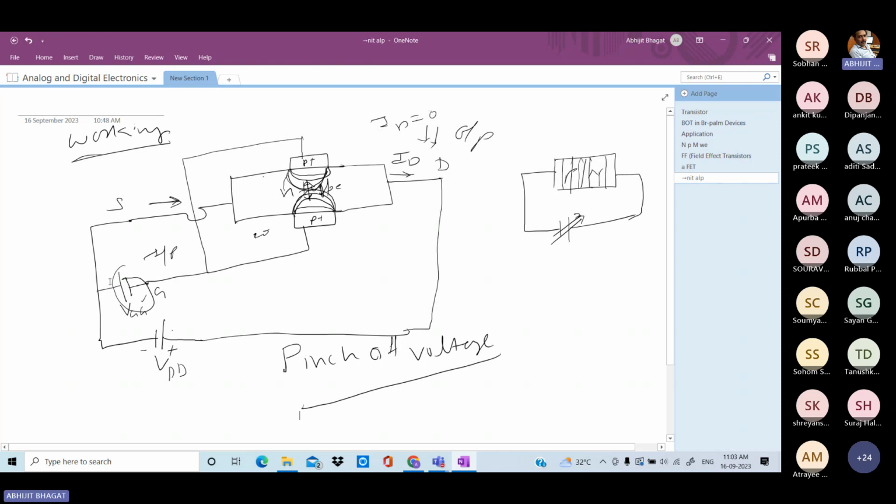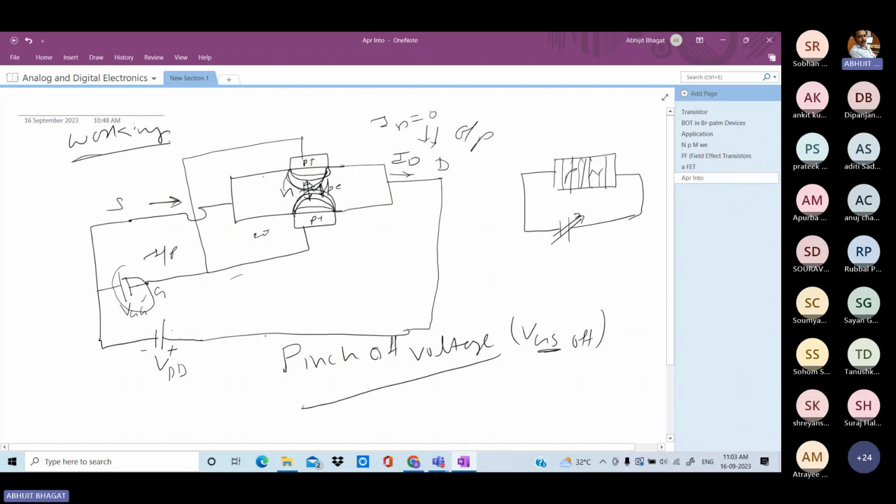देखो, when you VGG is increase, जब VGG इंक्रीज कर रहे हो तो एक टाइम ऐसा आएगा जब तुम्हारा पूरा पाथ जो है ब्लॉक हो जाएगा और करंट फ्लो नहीं होगा। तो पिंच ऑफ वोल्टेज क्या होता है? इसको VGS ऑफ बोलते हैं। VGS ऑफ। तो देखो ये VGS मीन्स गेट टू सोर्स वोल्टेज। गेट और सोर्स के बीच में जो वोल्टेज है वो VGS डिनोट करता है।